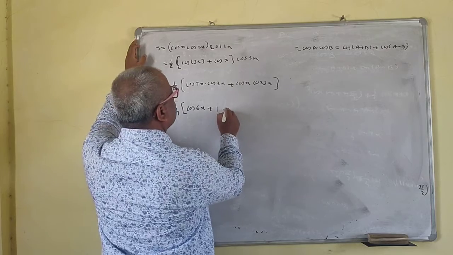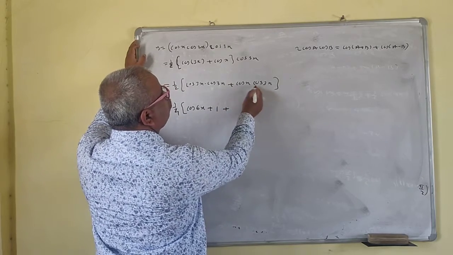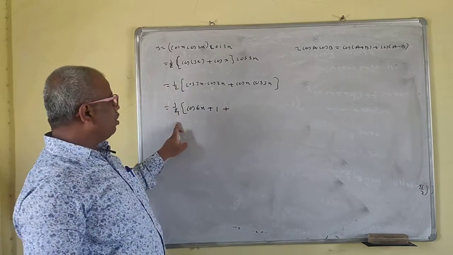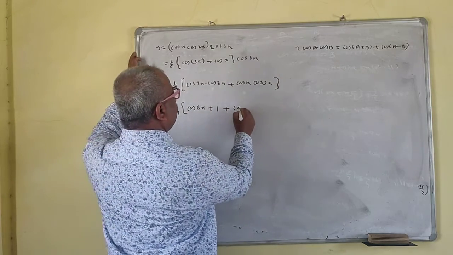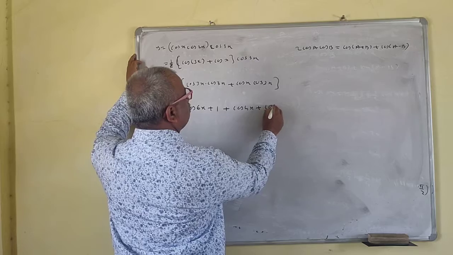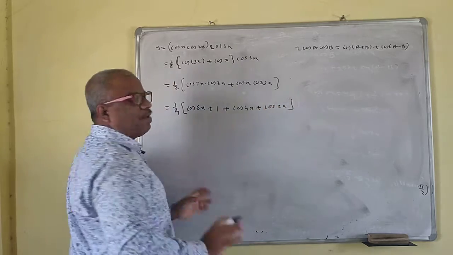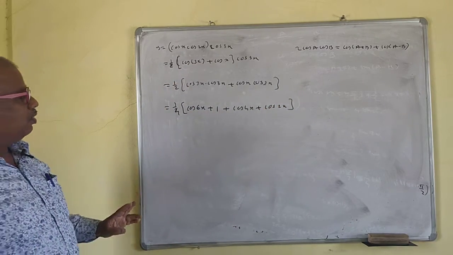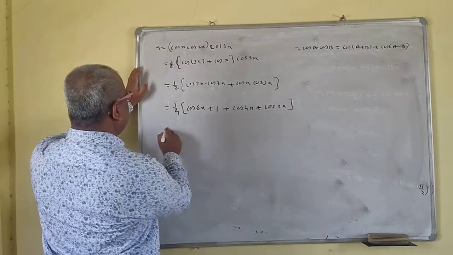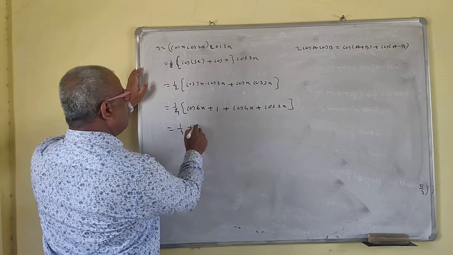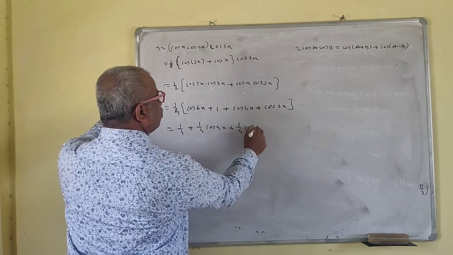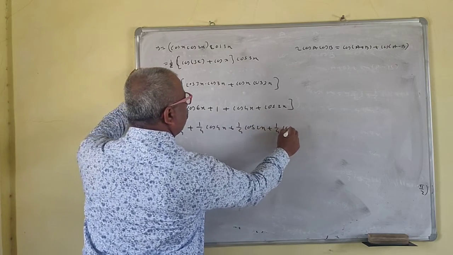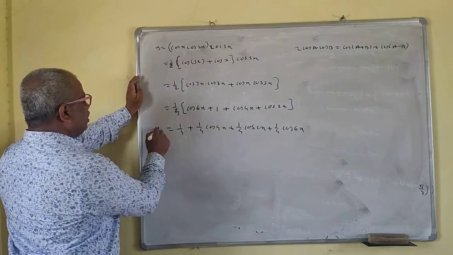Okay, so plus. Now this 2 is there because we are writing here 4. So 2 cos a cos b is cos a plus b, so cos 4x plus cos twice x, for cos a minus b, b minus a, it doesn't matter. Okay. So is there any similar? No. So this is 1 by 4 plus 1 by 4 cos 4x plus 1 by 4 cos twice x plus 1 by 4 cos 6x. This is your y.